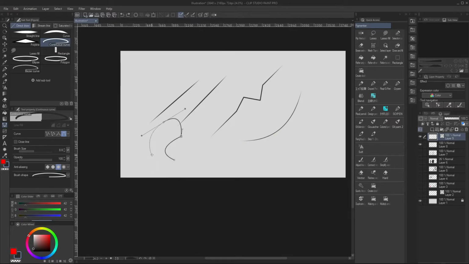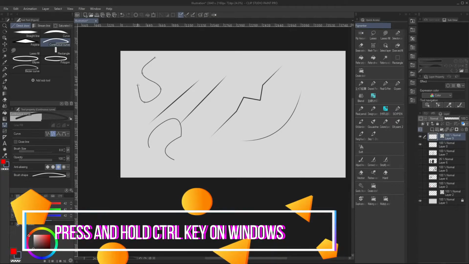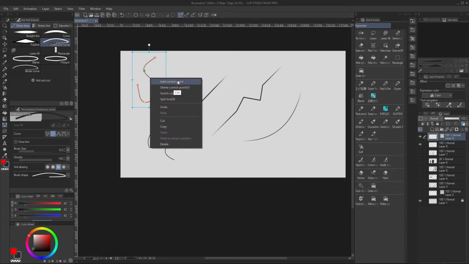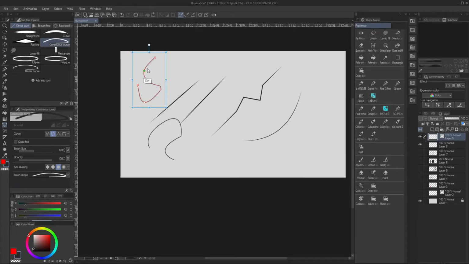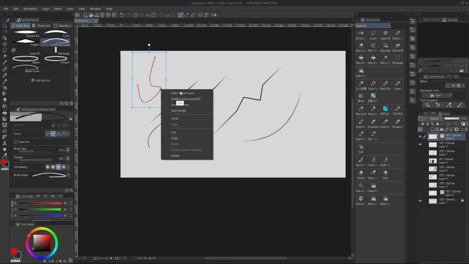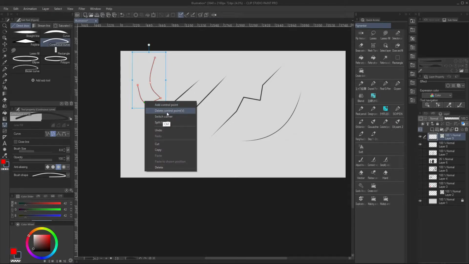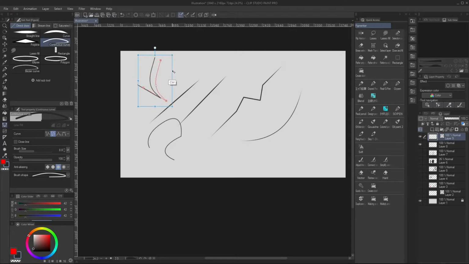By default, curves drawn, unless it's a Bezier curve, is a spline curve. Pressing Ctrl on a curve object will let you edit it. While holding Ctrl, you can right-click to add more control points, switch control points, or delete control points. You can move the control points by tapping and dragging, or move the entire curve or stroke